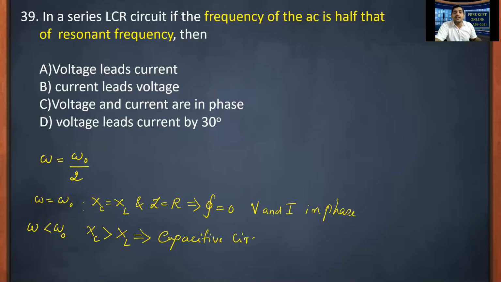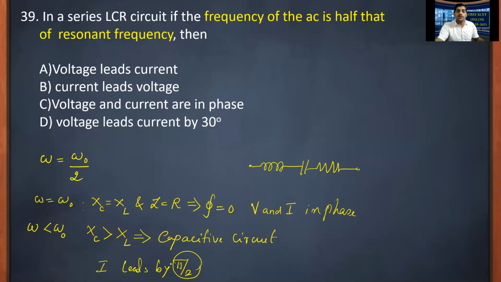So it behaves like a capacitive circuit. We know that if it is a pure capacitive circuit, current leads the voltage by pi by 2. Here it is not a pure capacitive circuit. Why? Because it has an L, it has a C, and it has a R. So since it is not a pure capacitive circuit, wherein there is a L, C, and R combination, the